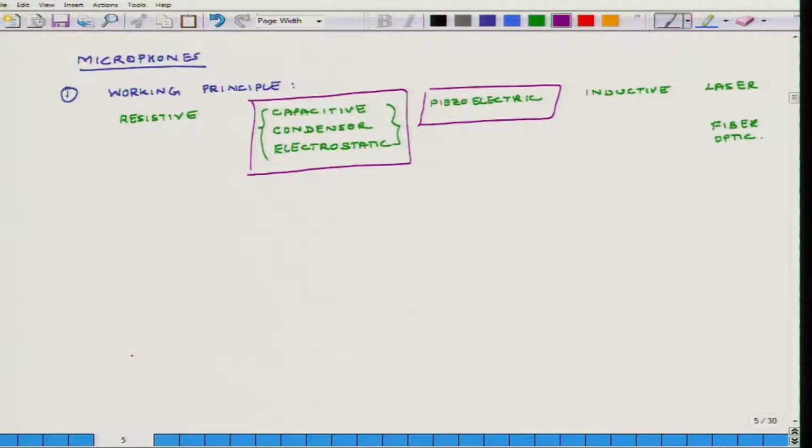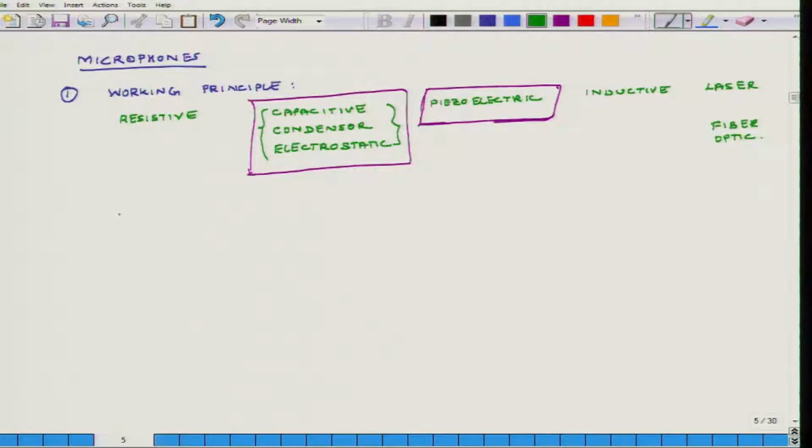for doing engineering measurements. You can learn about these other categories: resistive, inductive, laser, fiber optic from references on the net. But what we are going to discuss somewhat in detail is how these microphones work and how they are specified. So, this capacitive microphone